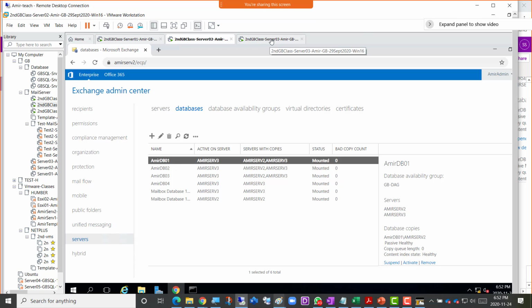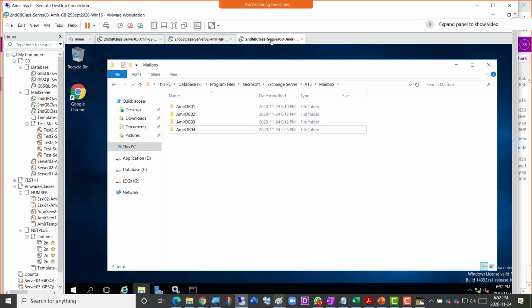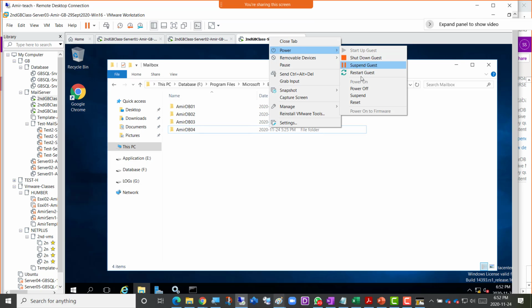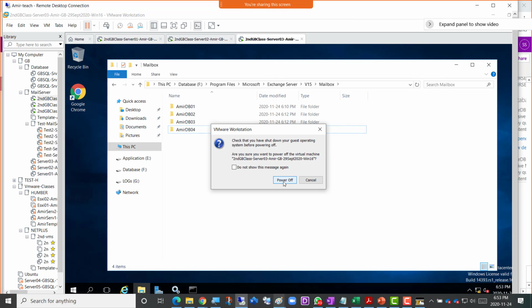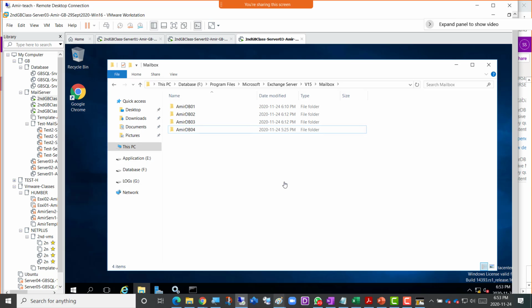So I'm going to go to server 3 where all the active databases are, and I'm going to right click and choose power, and there's a power off. Power off is an unsafe way to turn off the server. Shutdown is a better way because it waits for all the services to be shut down. But power off means that maybe the disaster happened, it just shut down itself, no warning. I'm going to click power off now on server 3, which has all the active databases 1, 2, 3, right? If I power off